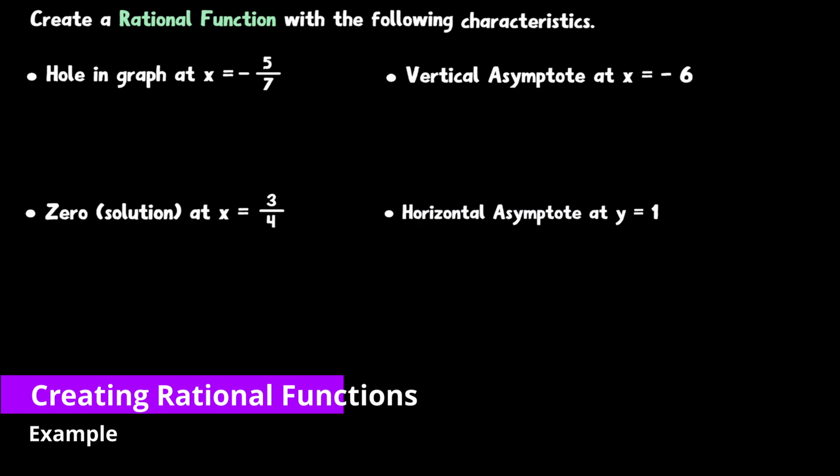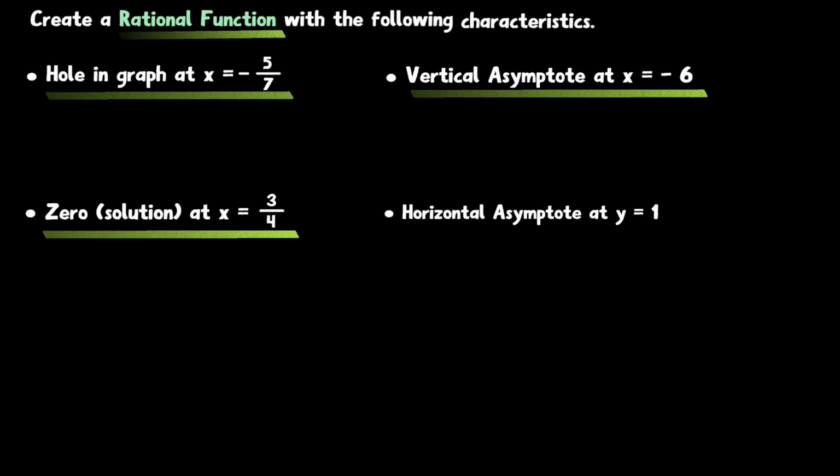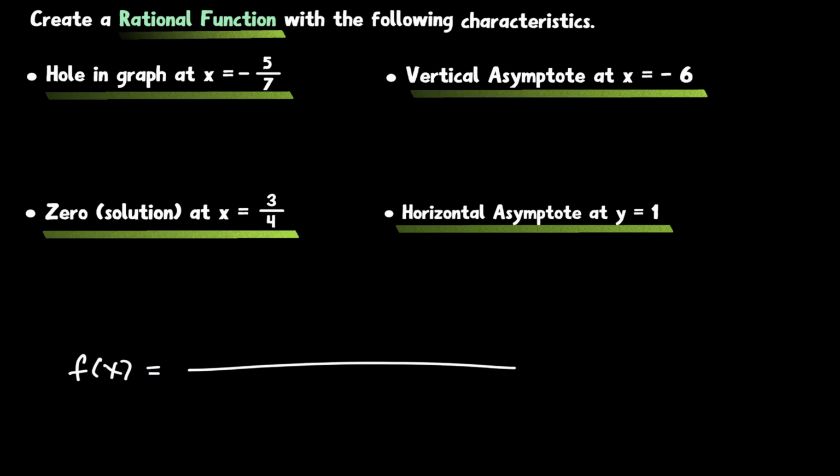Welcome. Let's create a rational function that has the following characteristics: a hole at the value of x equals negative 5 over 7, a vertical asymptote at x equals negative 6, a zero at 3 divided by 4, and a horizontal asymptote at the line y equals 1. For the way that we're going to do this, we're going to be creating a rational function one characteristic at